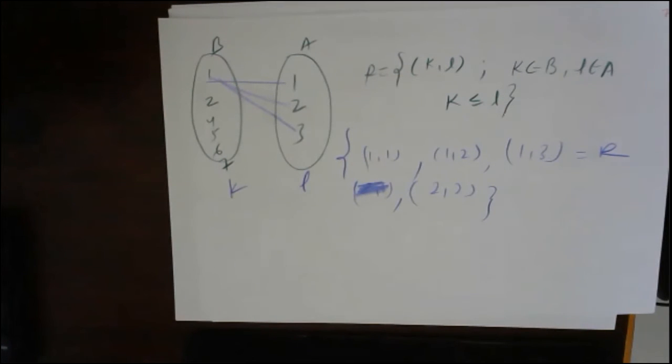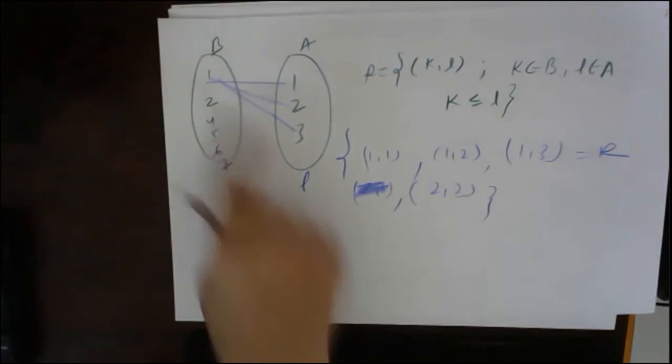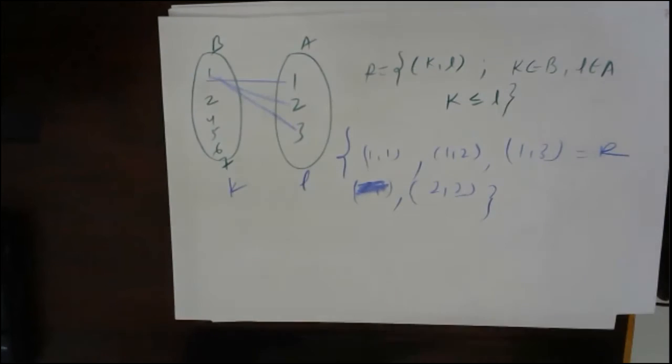And understood. Sharon, very good. Nandita, very good. Understood. Pointed out the mistake. Very good. Understood. So only these elements will come. 2 comma 1 will be the other way around. It is greater than, right? So this is the roster form or the set builder form of a relation.